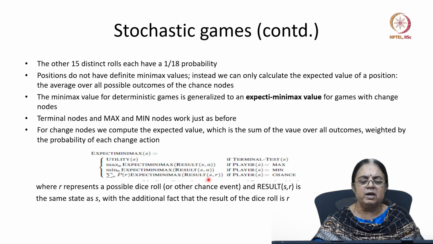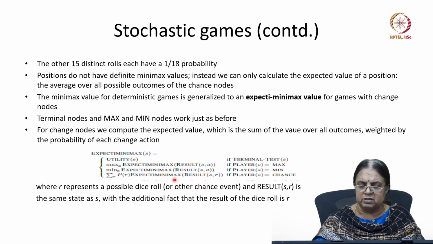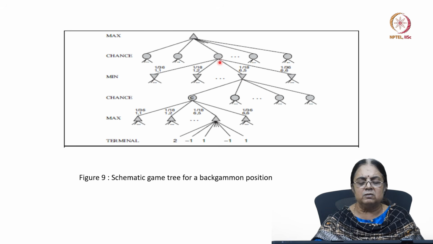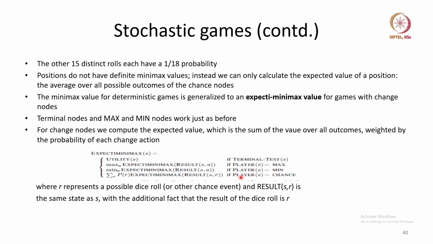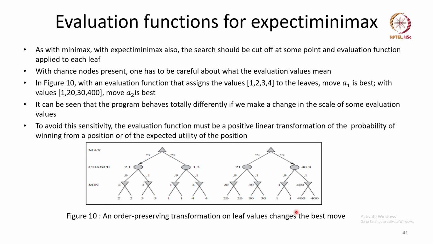Because you are using probability, you will be getting some expected value at that particular point. One thing you have to notice here is that they all should be of the same order. You can't have some utilities being 1, 2, 3, etc., and others with so much difference like 130, 20, 400, etc. Then you may find there is an error in the result you're going to get.